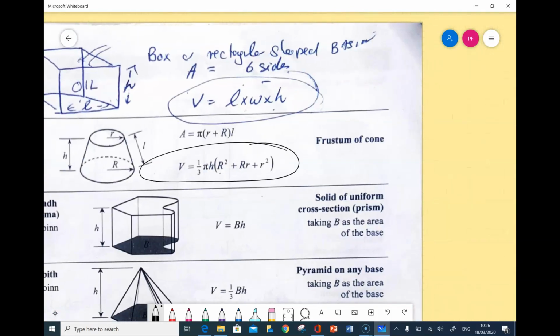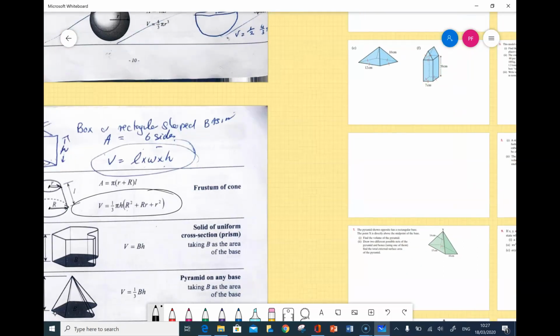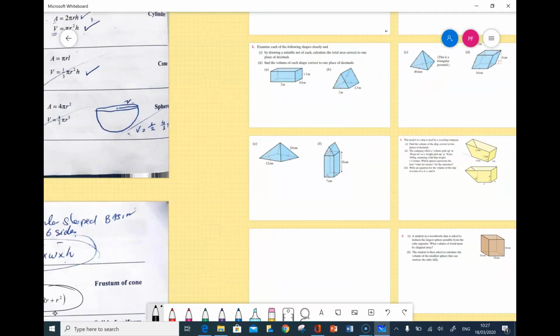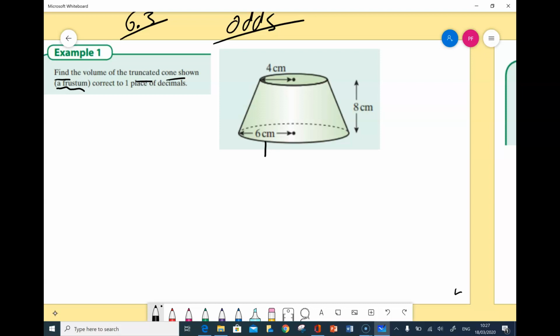It's 1/3 pi h, R squared plus Rr plus r squared. So big R stands for the bottom radius, small r is the top radius, l is my length and h is my height. So let's apply that formula in this case. The big R is this, my small r is this, and my h is that. So the volume of this frustum here